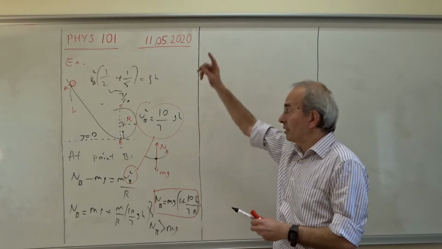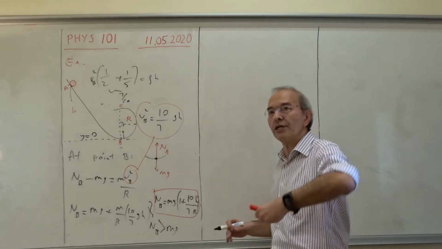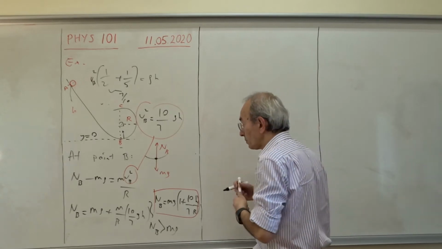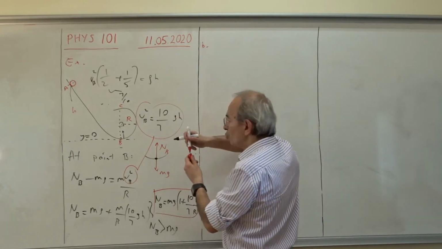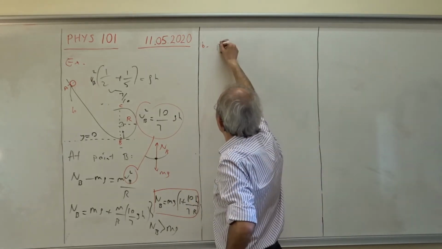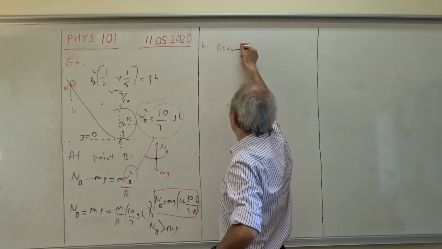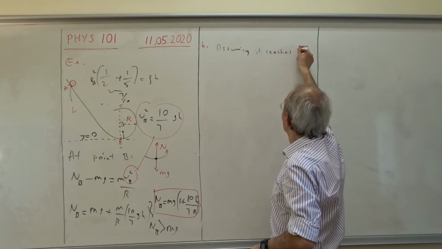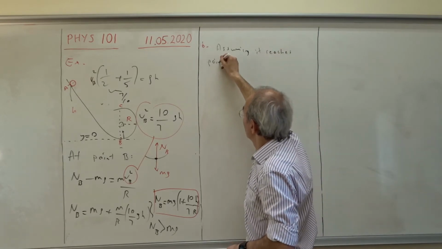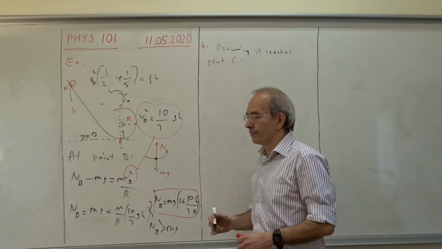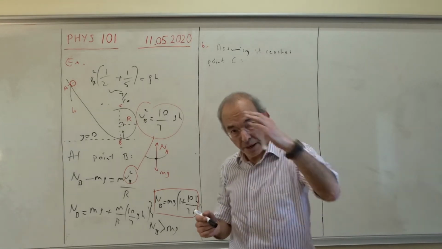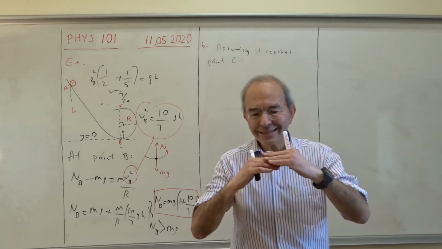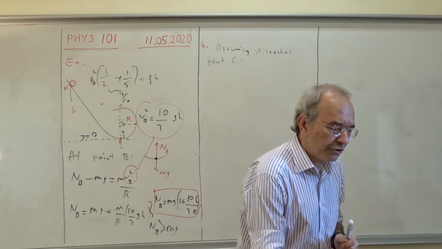At point C at the top, assume that it reaches there. Part B, assuming it reaches point C. It reaches and passes by point C, so that it is still in contact with the road as it